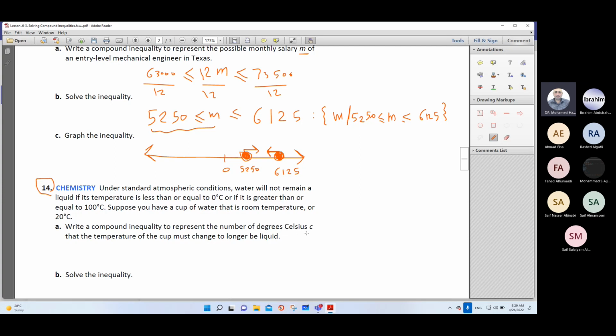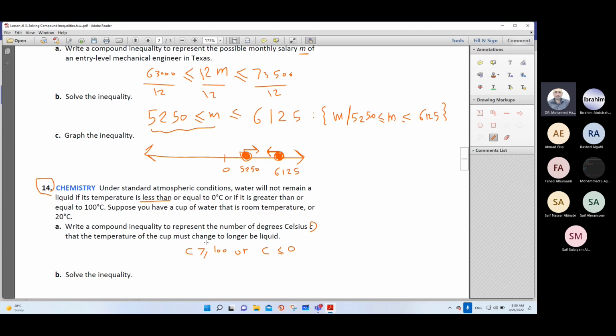So the number of degrees Celsius is represented by C, so we can use C. Then, as you see here, the temperature will be less than or equal to 0, or it is greater than or equal to 100